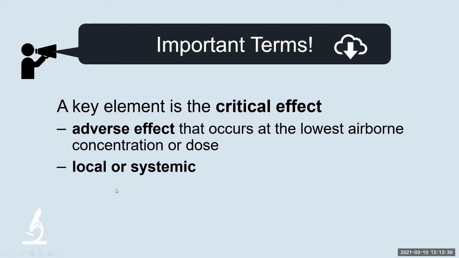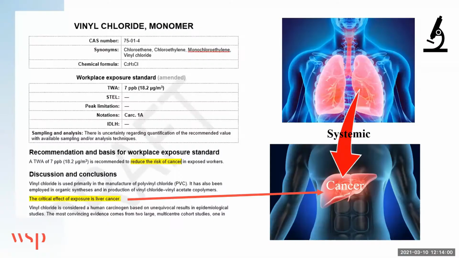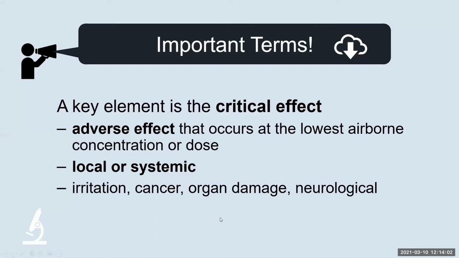An important term is understanding what a local or systemic effect is. That's based on the proximity of the site of exposure and the site of effect. A local effect, which is pretty self-explanatory, means that if you're exposed via inhalation and you get irritation in the nose, the effect is at the point of contact. A systemic effect means the effect is at an organ or tissue away from the point of contact. And there are some examples of local and systemic